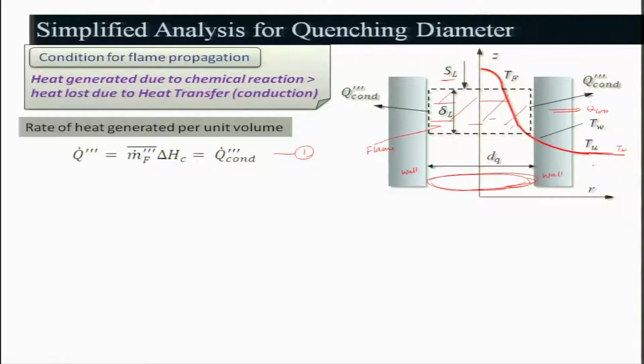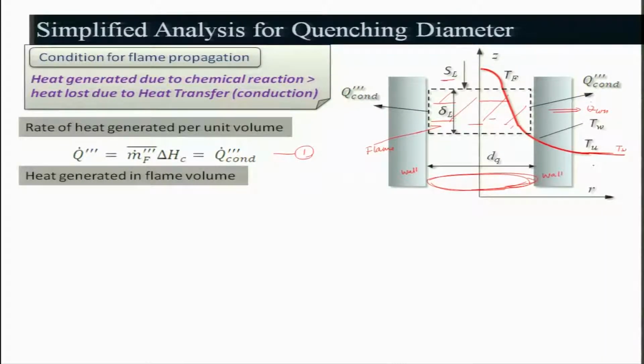And why are we considering diameter? Because that will dictate the heat loss. If the diameter is larger, what will happen? The heat loss will not be that much, because the surface area will not be that big. But as it becomes smaller and smaller, the heat losses will be more, and the heat being released is reduced, right, and heat loss is increasing. So, therefore, we consider the diameter.